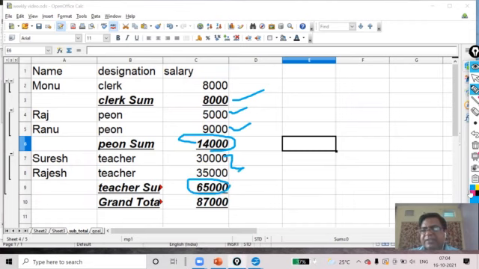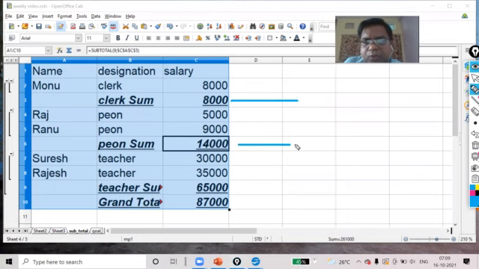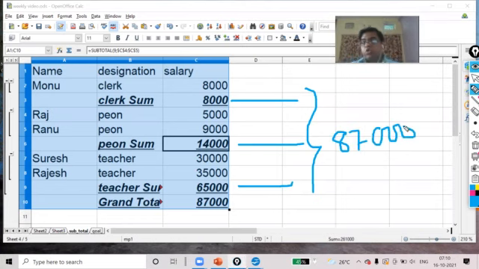Now you can see the grand total: 8,000, 14,000 and 65,000, that will have 87,000. Now you understood, per designation your subtotal has come, and after that your grand total has come.